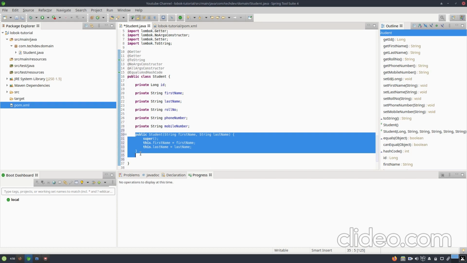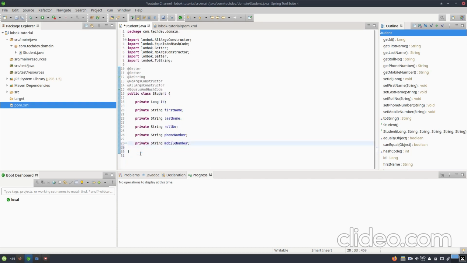This also reduces the readability of the class, and people may get confused about why there are so many constructors in this class. So for that, we have an annotation called Builder, which is provided by Lombok to reduce this. Let me show you how the builder annotation can be used to reduce this multiple constructor work.